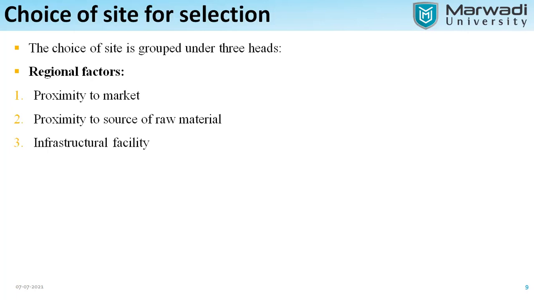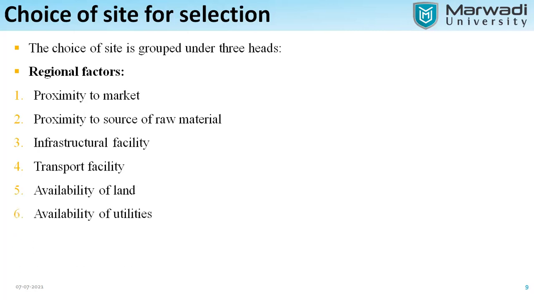इंफ्रास्ट्रक्चर फैसिलिटी, अगर हम बात करें इंफ्रास्ट्रक्चर की तो क्या क्या इंफ्रास्ट्रक्चर फैसिलिटी वहाँ पे है, ट्रांसपोर्ट फैसिलिटी है कि नहीं है, ट्रांसपोर्ट in terms of the rail, road, or maybe if possible sea, it is there. Then you are having availability of land. We should require the proper land which is available in order to have a proper site for setting up the plant. And availability of utilities, जो भी utilities हैं, availability of machinery and all, वो utility के अंदर आती है.